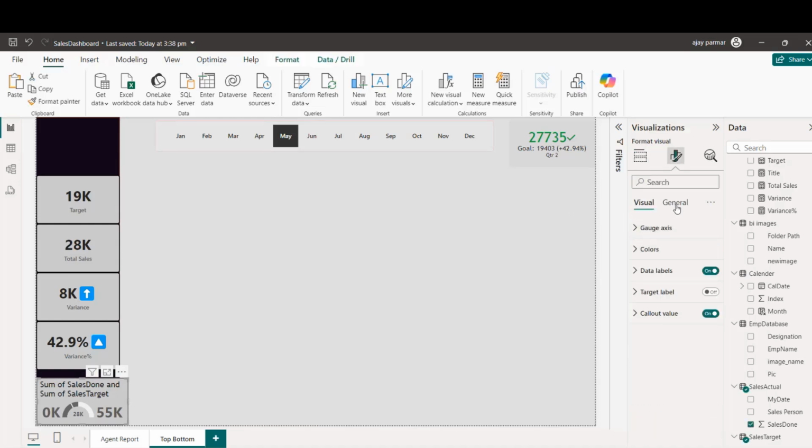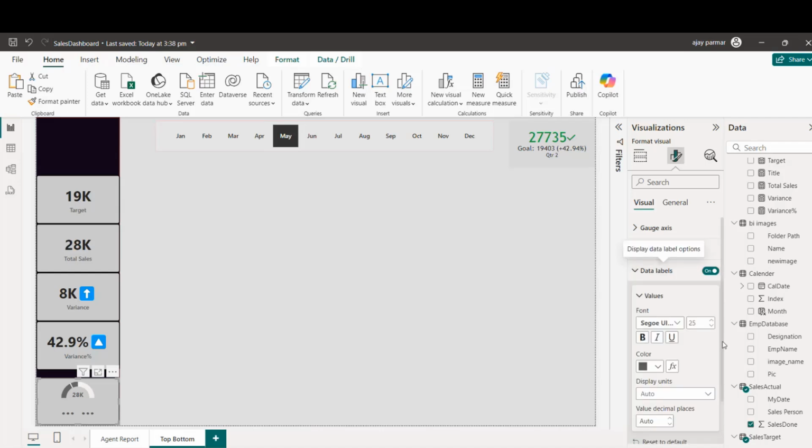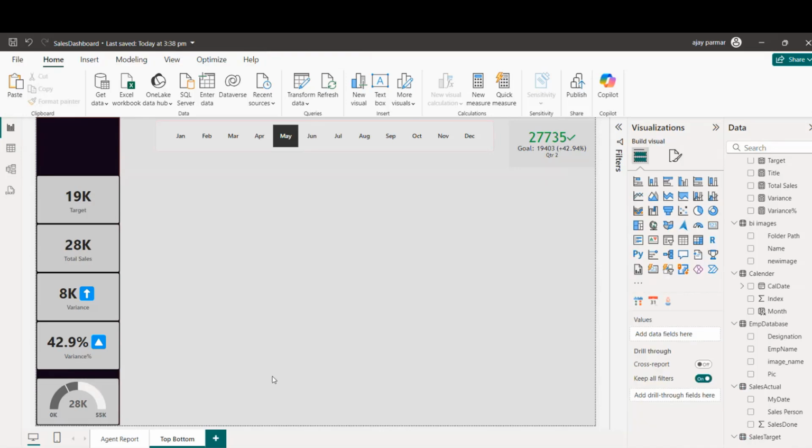First of all, the title. Let's remove the title. And so let's fix this here. Target label, call out value. So we have to see. Okay, this is much better. Fine. So this is how it is, and so I can see the target also if they have met or